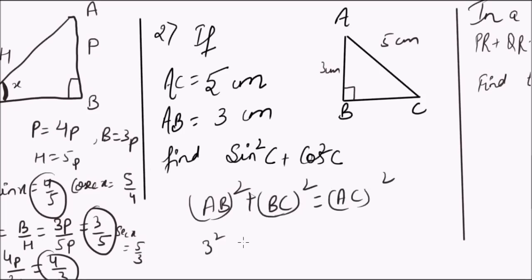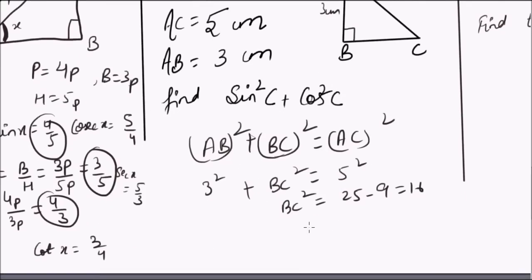That is 3 square plus BC square equals 5 square, or BC square is equal to 25 minus 9, that is 16, which gives us BC as plus minus 4. But length can't be negative, therefore the negative value is rejected, and we have BC as 4 cm. Thus